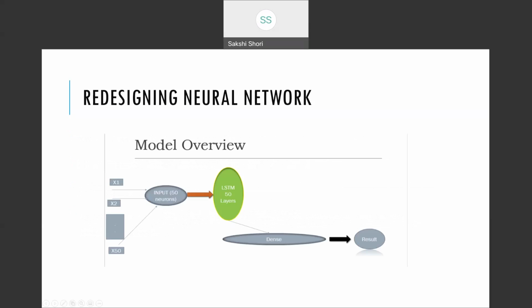Next is part 5 that talks about the redesigning. Again, as mentioned before, I will be redesigning this neural network to see if there can be any improvement that can be achieved in this model. So to improve accuracy, all the model hyperparameters that I discussed before, I tried to tweak quite a few of them, and try to redesign this model.